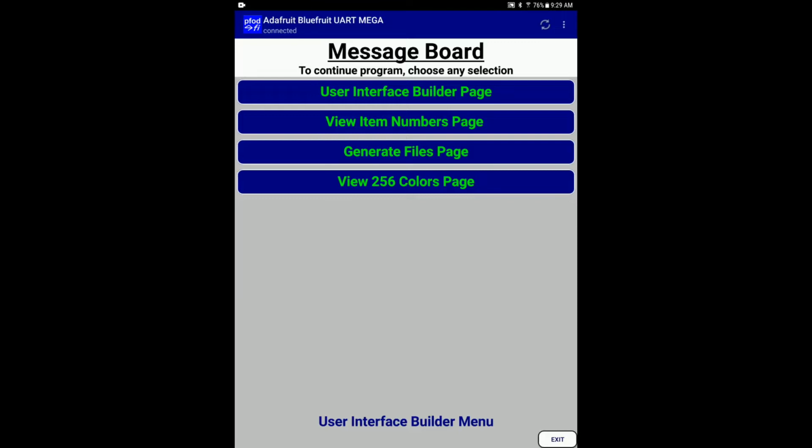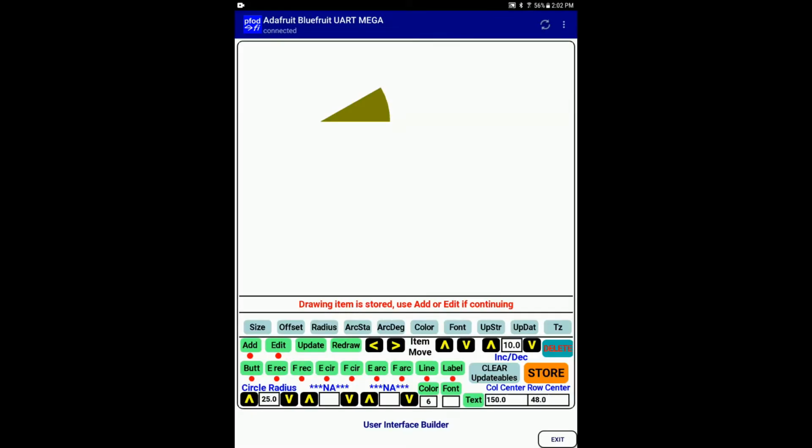I don't have a replacement number 2 in the drawings, the next one I pull up is going to be number 3, so I just wrote the software that way to make it a little bit simpler. So what we'll do is open up the user interface builder page again. And I guess there's maybe one more thing I should show here, at least on these drawing commands,